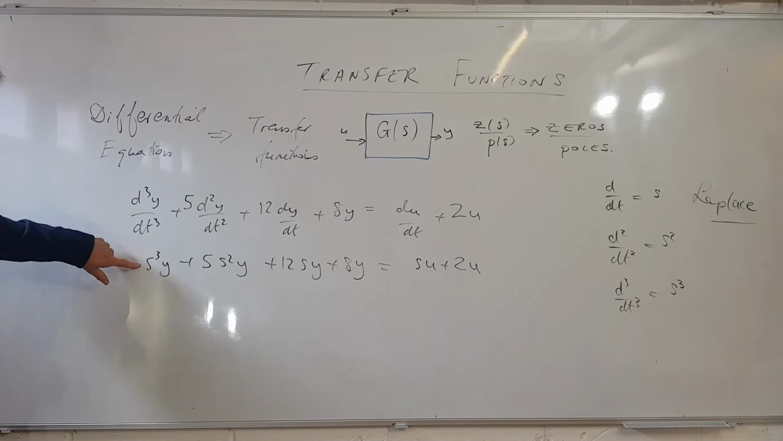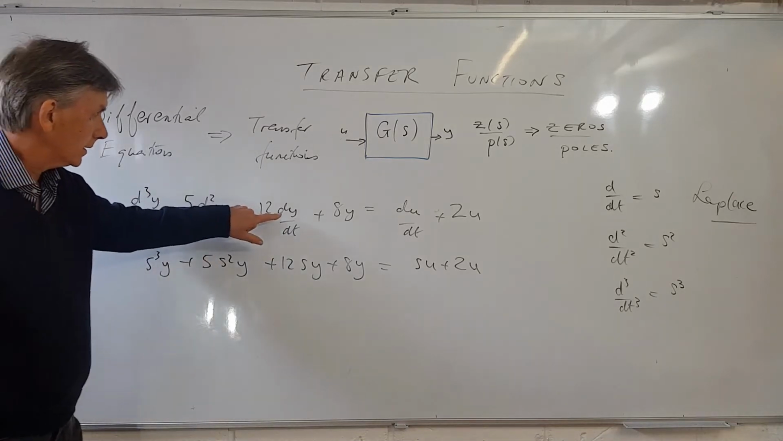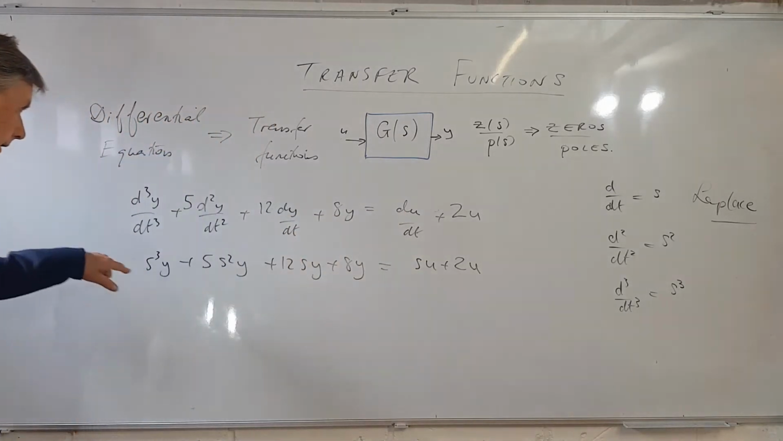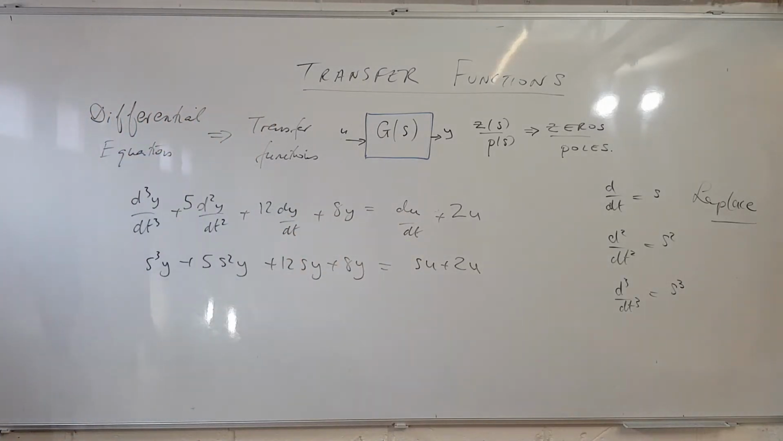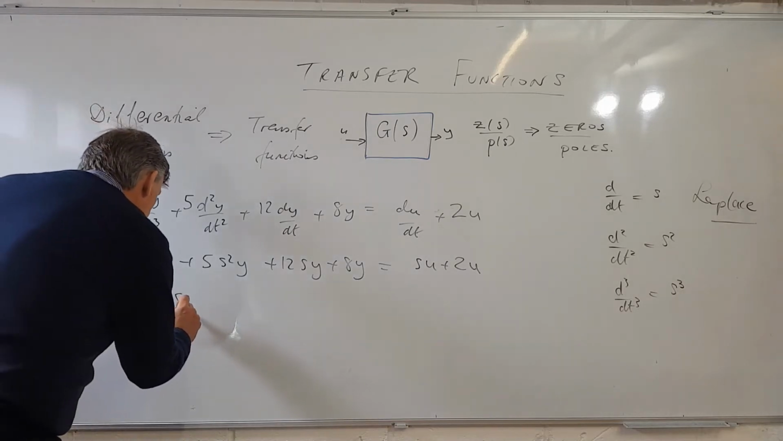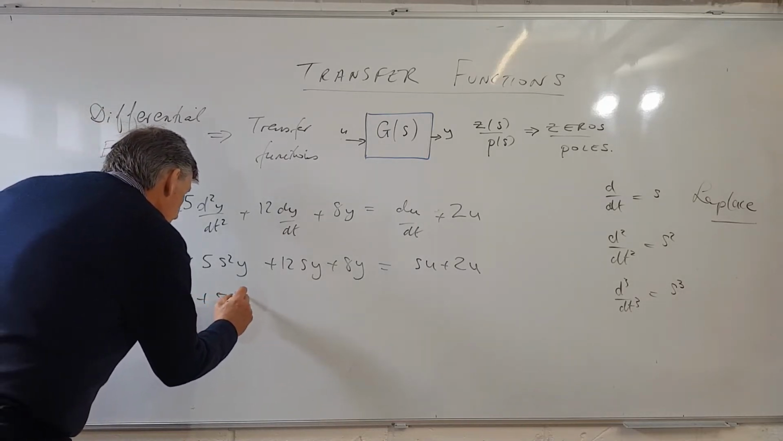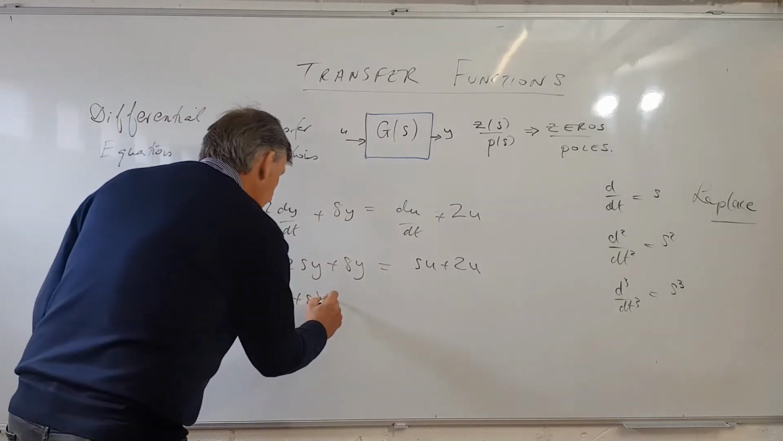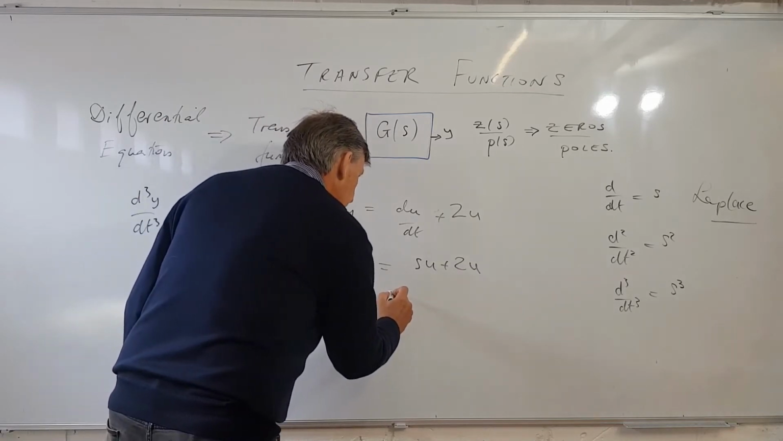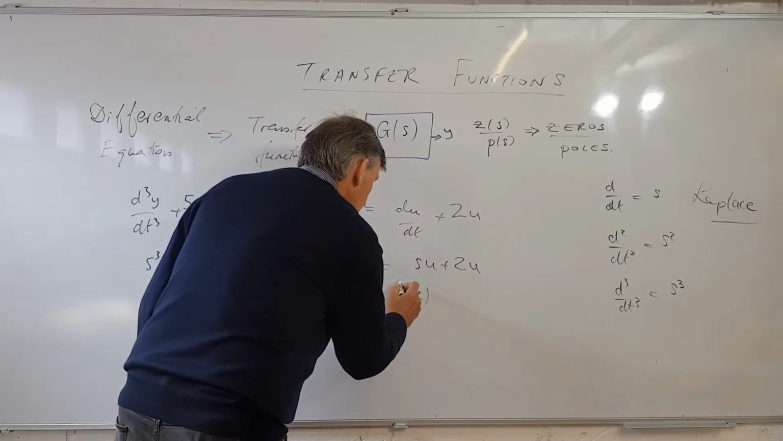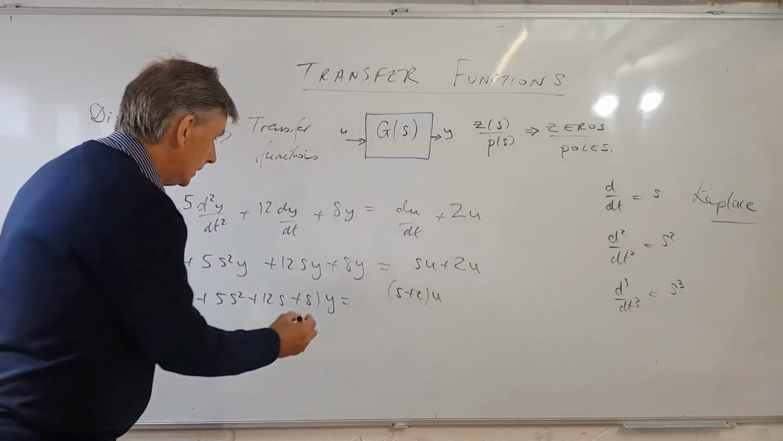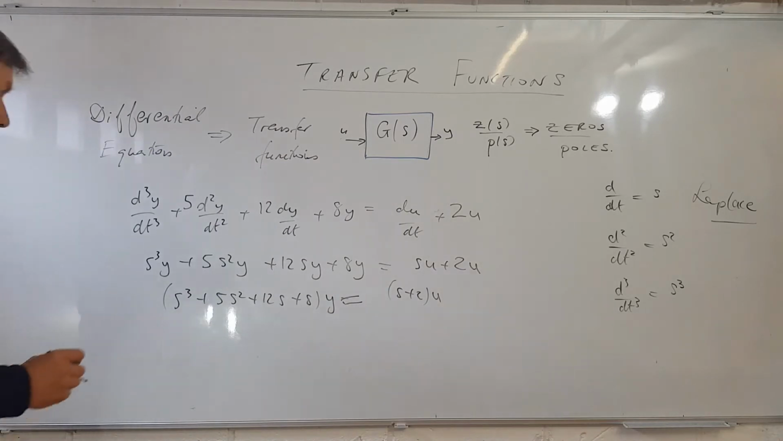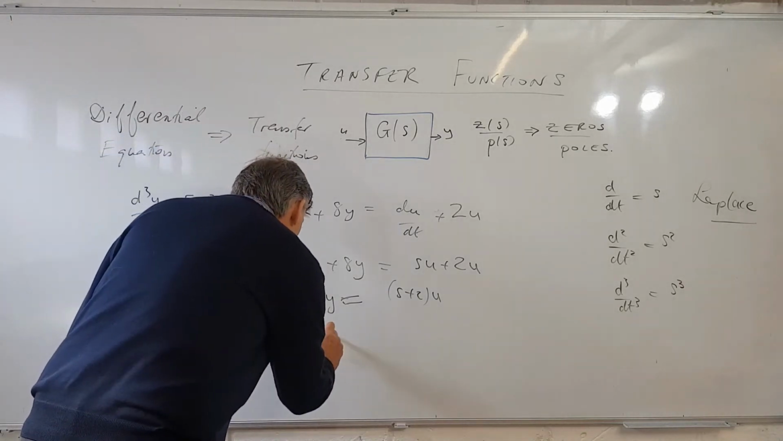So now we've got s cubed, s squared, d by dt s, they remain the same, d by dt s. We can now take out u and y as common factor. So we get s cubed plus 5s squared plus 12s plus 8 times y equals s plus 2 times u. What we need for the transfer function is y equals, so we can get that y is given by